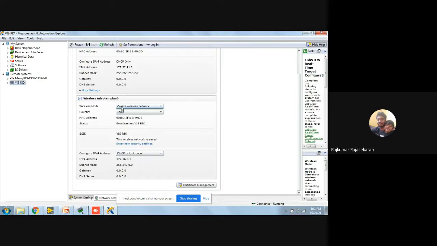Now in my cell phone, there's something called Data Dashboard. That's from National Instruments. So I basically have to open it.